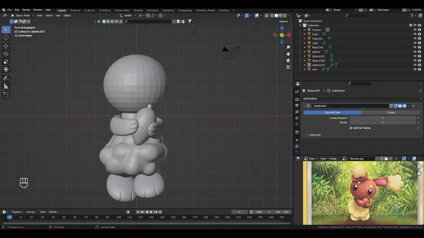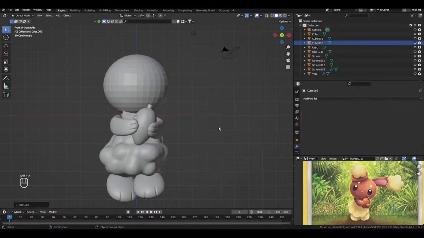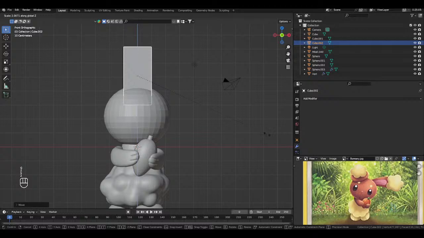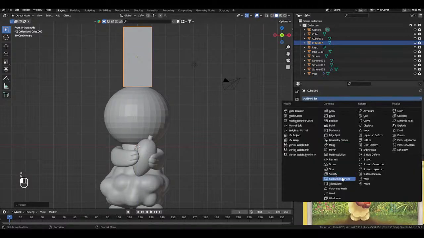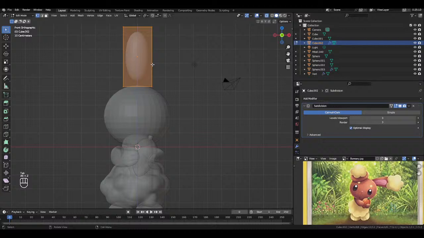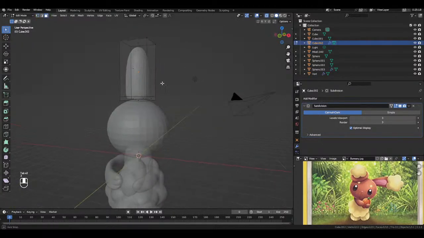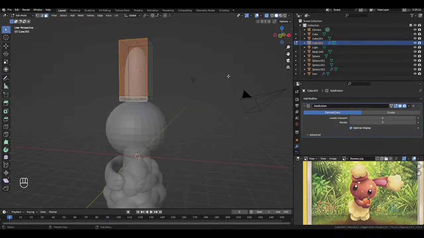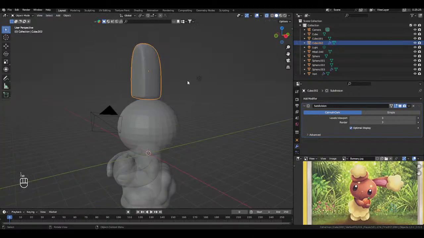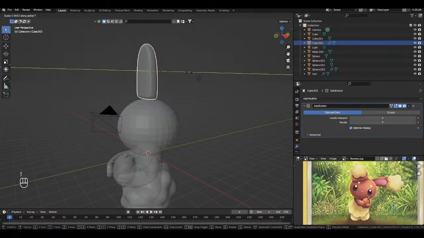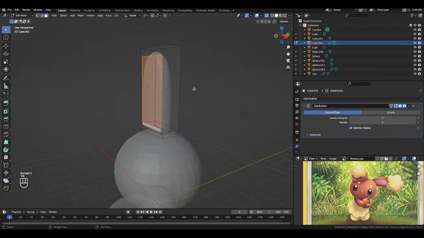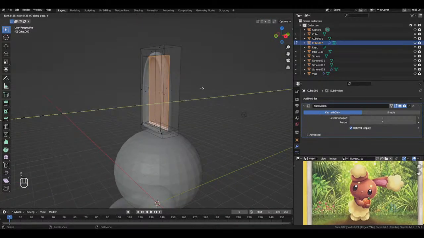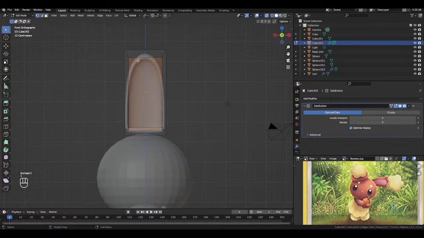The ears I think are also pretty easy. It's just a cube. Cube here. And then we just subdivide surfaces. Add an edge loop using the loop cuts with Control R. Then we can inset these faces here. Kind of do one of those. Then we can extrude them inwards. And then the smaller we make them,